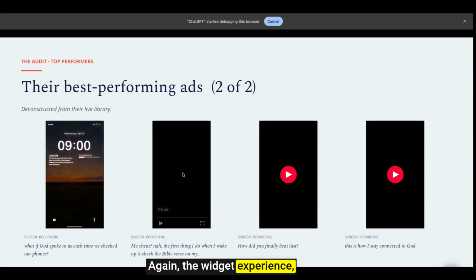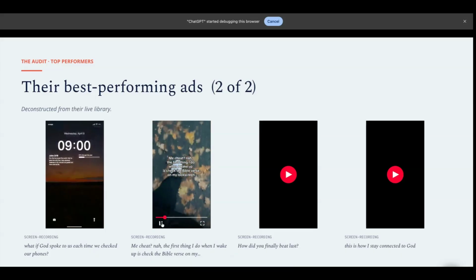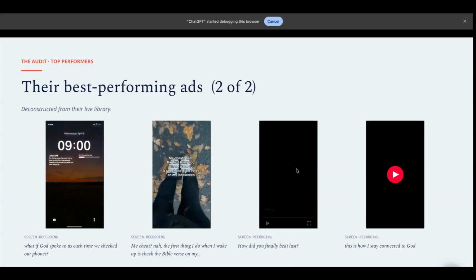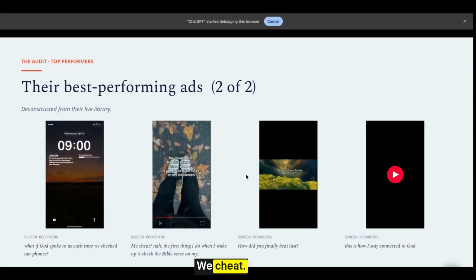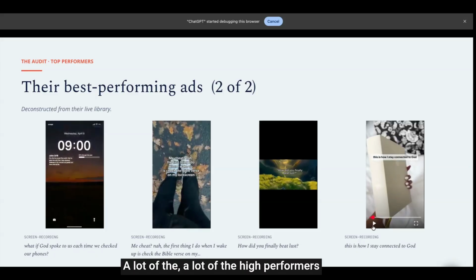Again, the widget experience, the lock screen experience. Again, one of the themes that seems to be standing out is temptation, meet cheat. How did you beat lust? A lot of the high performers do seem to be focused on lust.